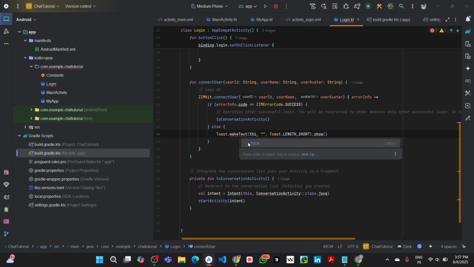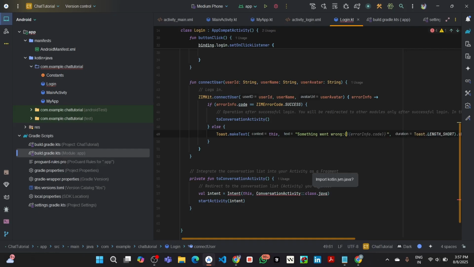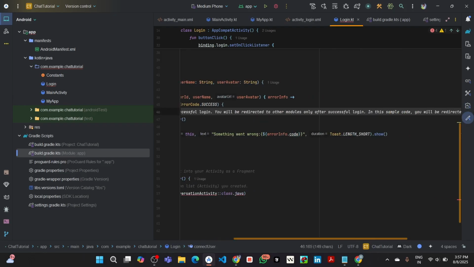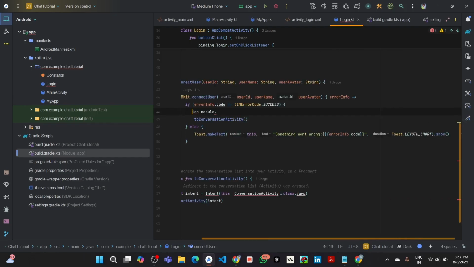If some error happens, then we are going to show one message, something went wrong, and also the error. So for the error we are going to use error info code, yeah,